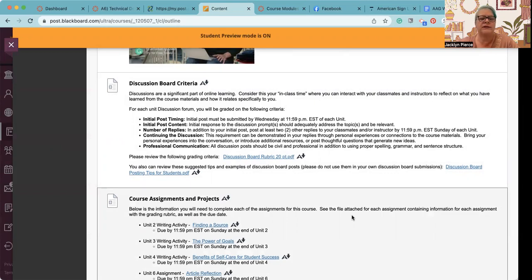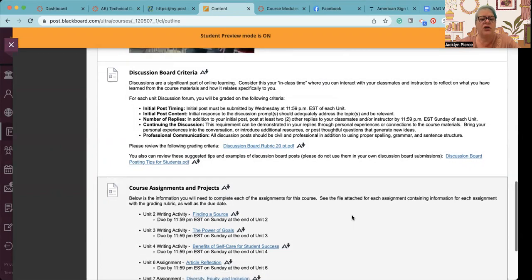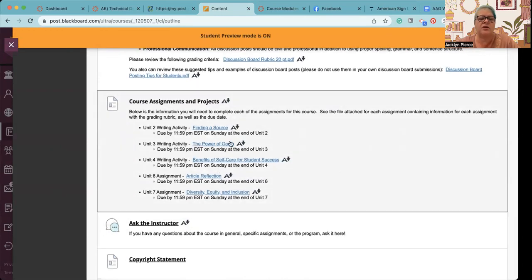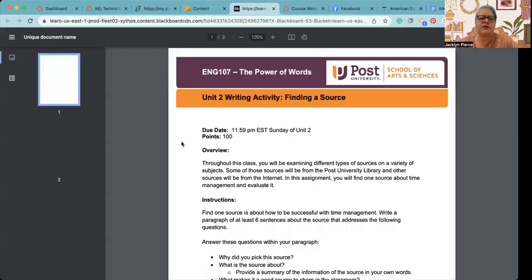There are course assignment lists here on about the course, but you're going to be seeing all these again in the units. This is just a good place to kind of get an overview of what you're going to be doing. The other thing that's nice about this is, and of course, they will be in the units as well, but if I click on this first assignment sheet, or the first little link there, you'll notice that it opens